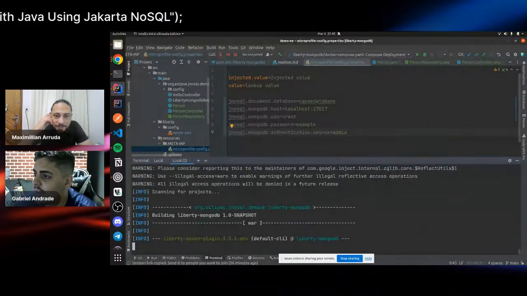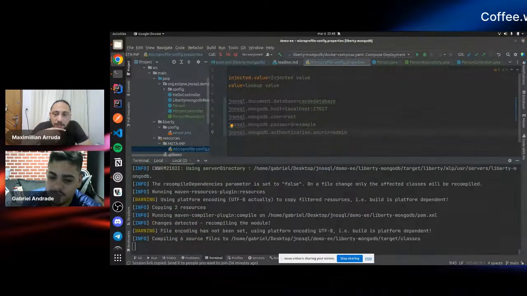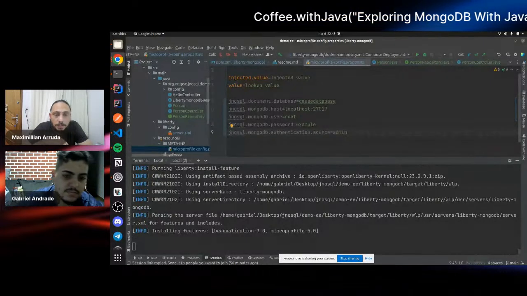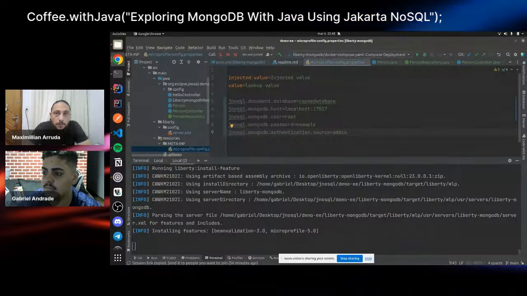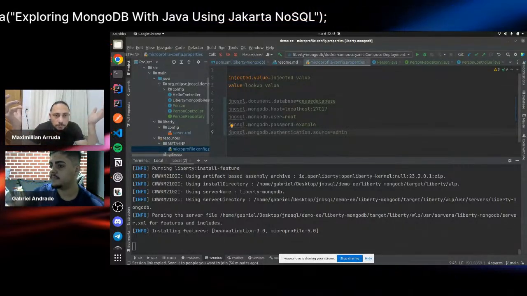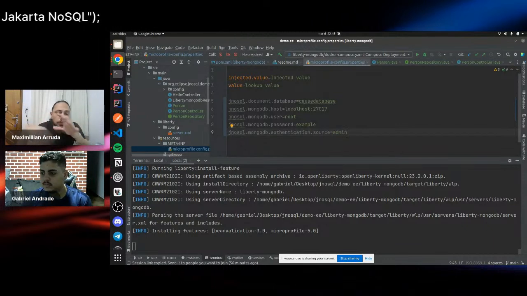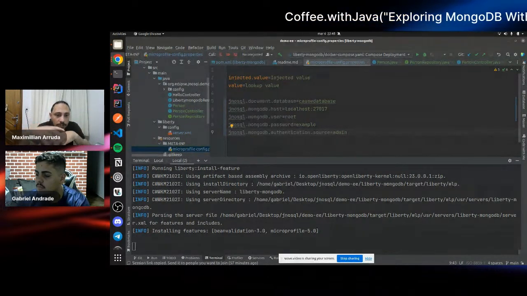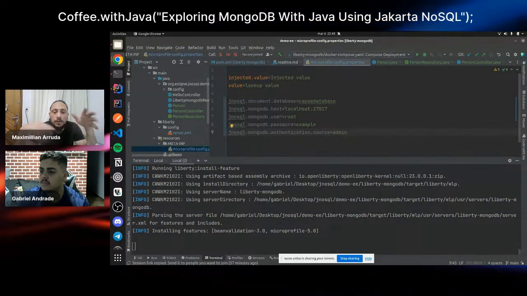The Liberty dev plugin allows us to run our application in dev mode, which will monitor any kind of change that we make in our project, and when something changes, our plugin will reload everything.